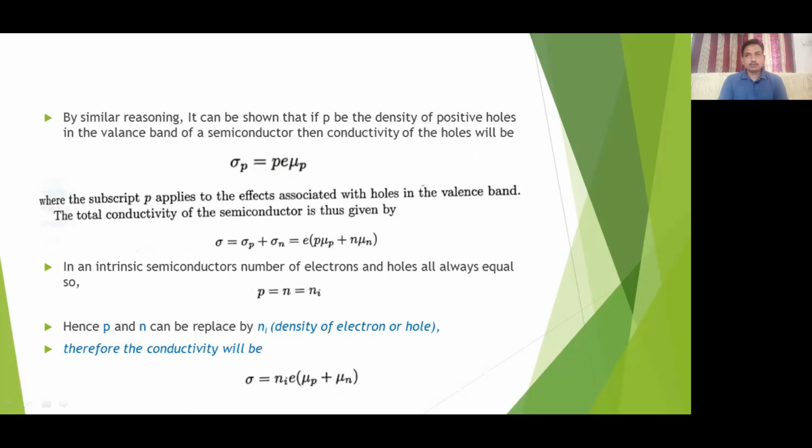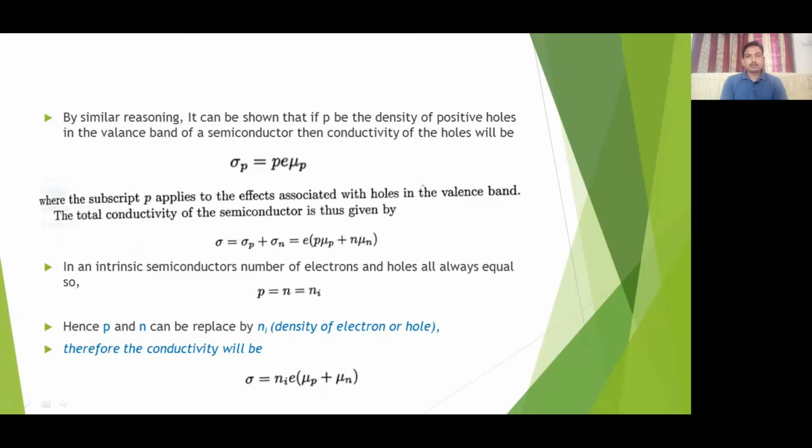So you know that you have both types of charge carriers in the material. Some are majority carriers and the others are minority carriers. Both electron and hole take part in the conductivity. So when you want to find the total conductivity of a semiconducting material, you have to consider both majority and minority carriers taking part in the conduction process. So total conductivity is the sum of conductivity due to holes and conductivity due to electrons. Putting the values from the previous relation, you have e (p mu P plus n mu N).